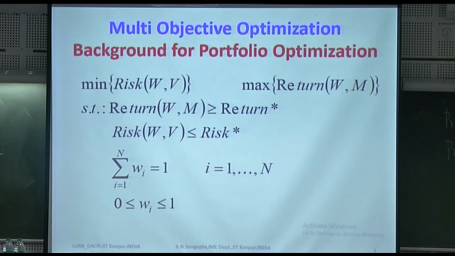Now consider a multi-objective problem, but what happens if the constraints are probabilistic? The first constraint is the probability of return being greater than return star with some beta, and the probability of the risk being less than risk star with some beta. Those would be decided by the factor and what you think the risk-return perception is in the market.